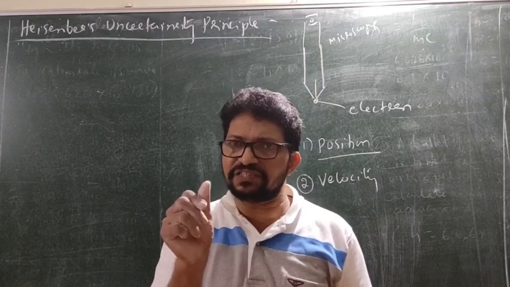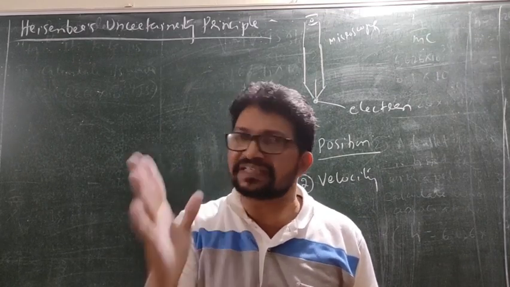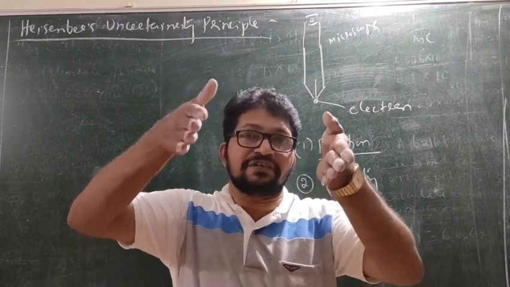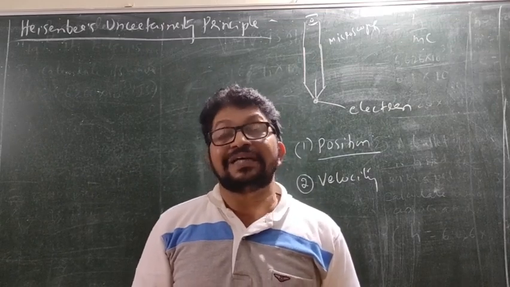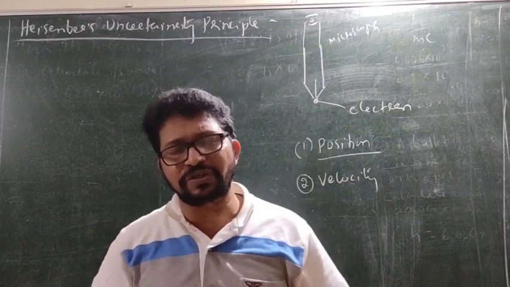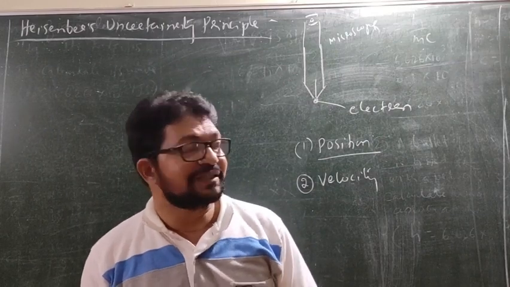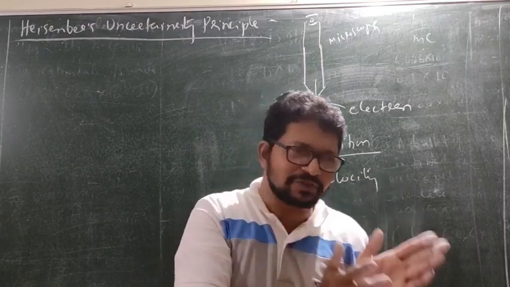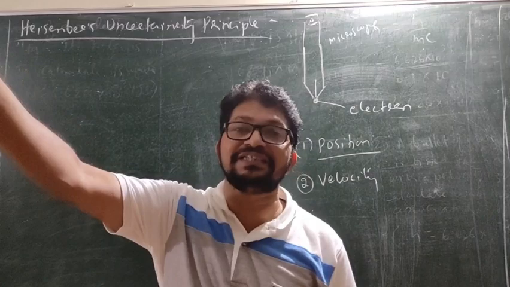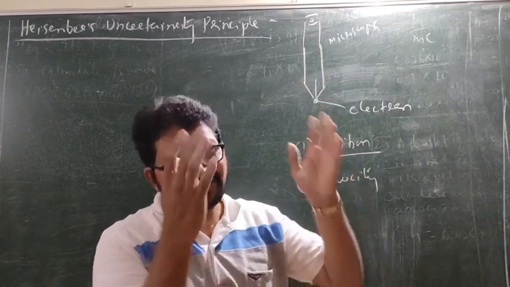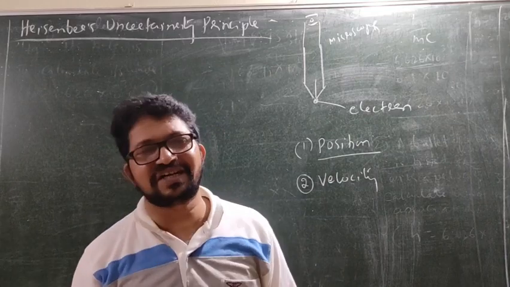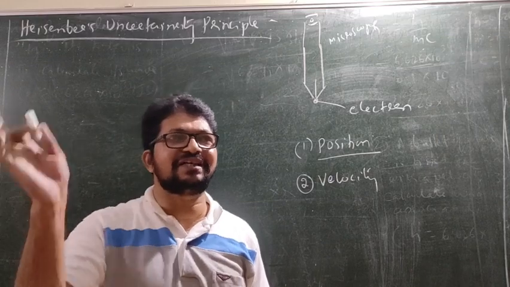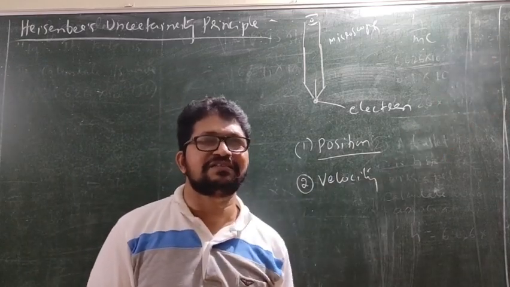You are tracing it within some distance of error. Understand? Suppose you want to measure its velocity simultaneously, that means at a time you are doing both with the help of the microscope. Then what will happen is, if you are more particular about the position, the error in the velocity increases. If you are more particular about the velocity, the error in the position increases. That is what was happening. If you want to minimize the error in the position, the error in velocity increased.